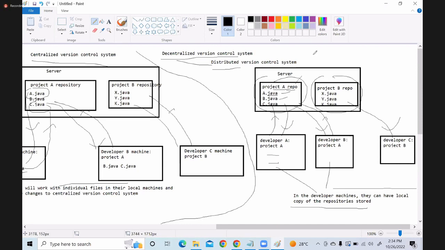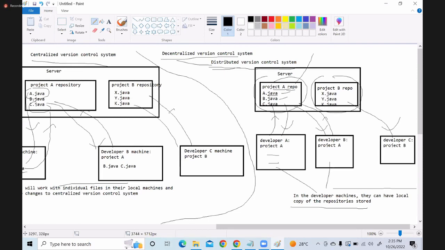The entire repository can be copied to the developer machine, so that this machine will be a copy of the server repository, and the developer can do the changes and push them back to the server. So this kind of version control system is called a distributed version control system.